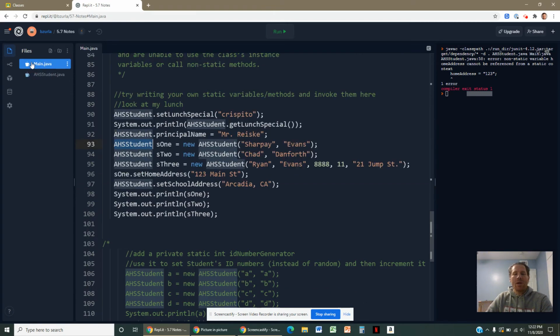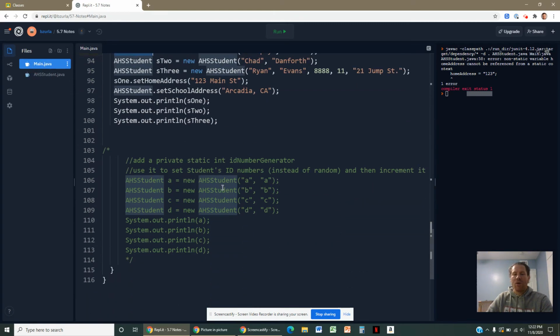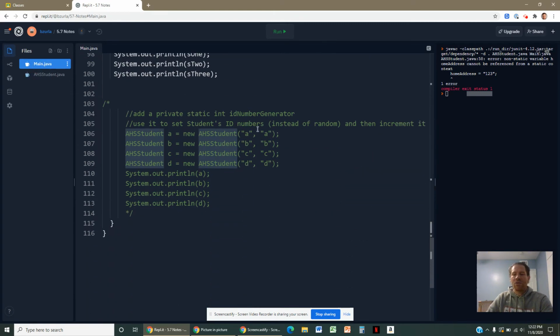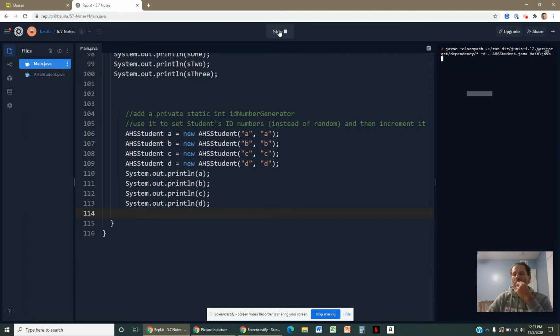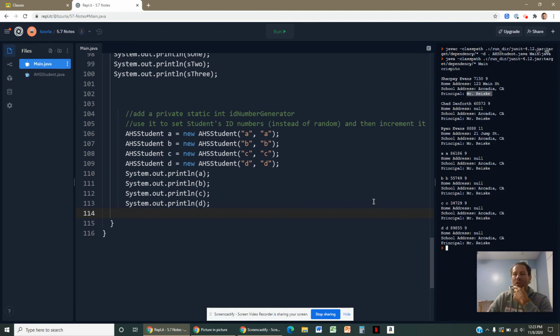All right. One real common use of a static is to create a uniform numbering system. So, a common question type you might see is a way to use static. Say that right now, if you remember, all of my ID numbers are just randomly generated. And if you did that, there's the potential that if you run this enough times, two kids might actually get the same ID number,